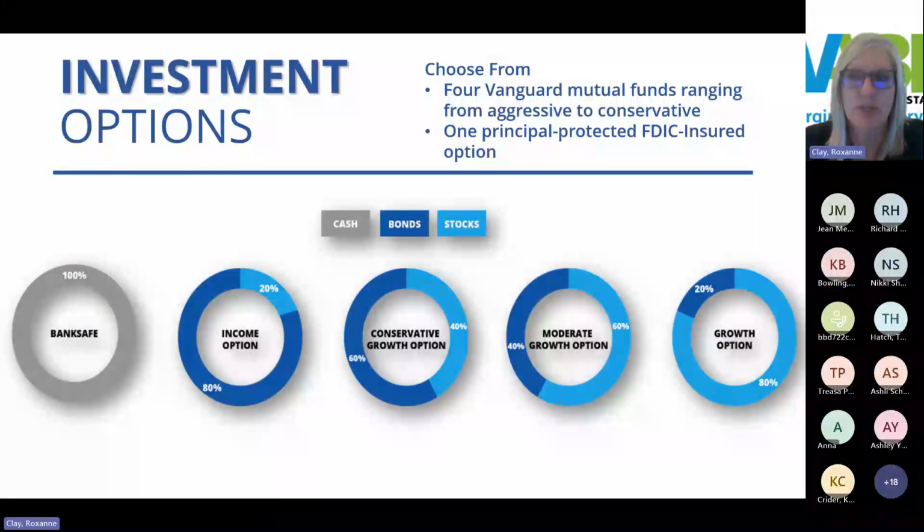As for the investment options, when a contribution is made into a Stable account, the beneficiary or the ALR will determine how those funds will be allocated across the investment options that are included in the plan. And as you can see on the slide, your investment options for WVABLE Stable accounts include first the bank safe option. This option is 100% FDIC insured, in which the principal is protected, just like a savings account. The earnings are very low, but you do have the opportunity for earnings. And then we have 4 Vanguard mutual fund options that range from conservative to aggressive.